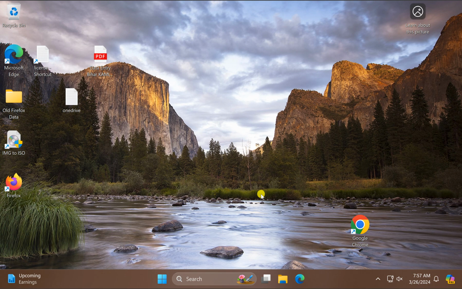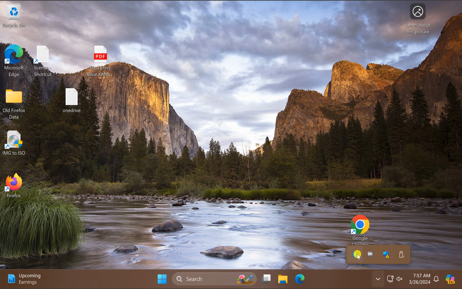In this video, we will guide you on how to always display the Bluetooth icon in the Windows 11 taskbar. By default, the Bluetooth icon remains hidden under the notification area. When you click on this up arrow button, you will see the Bluetooth icon to always display on the taskbar on your Windows 11 PC.